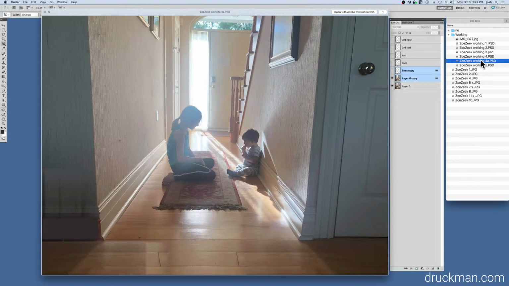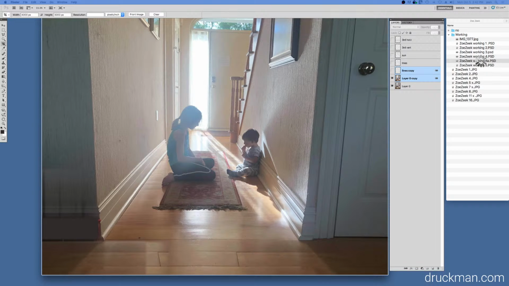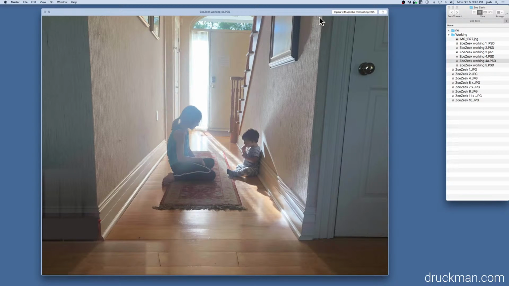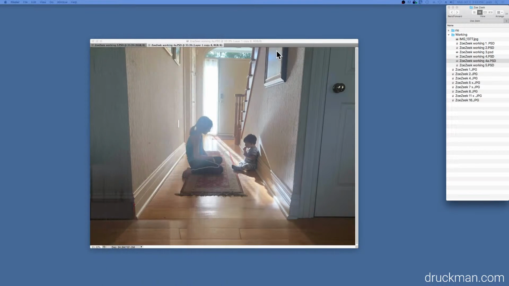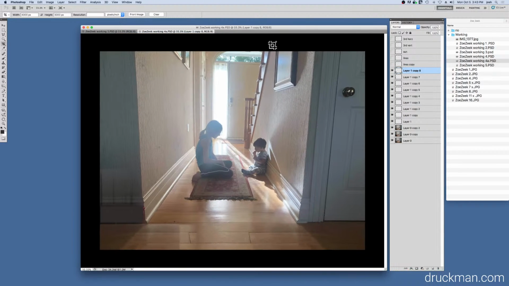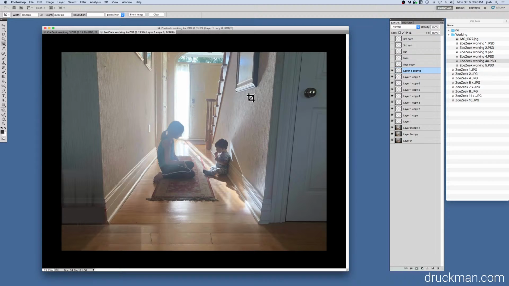So where I just was before I started streaming, I was working on this version here. Just gonna move this out of the way. This is a preview, and then this is the actual Photoshop file. And with this one, maybe what I could do, I know what I'll do. I'll create a layer,